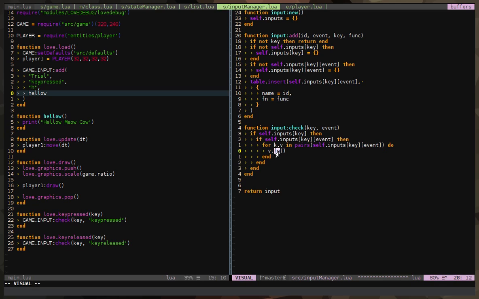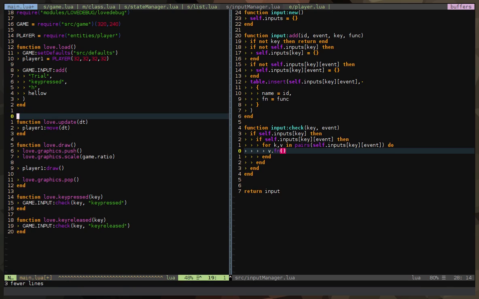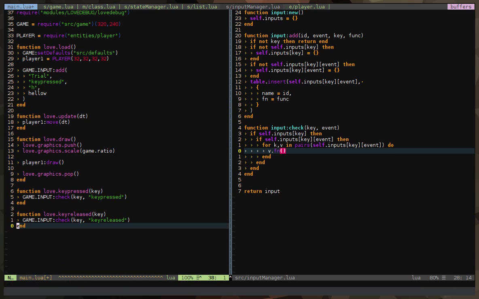See, fn will be, let's say, hello, and then parentheses, so call that. There you go. So there are two ways of passing functions there, but you can do whatever you want. So we have that function.